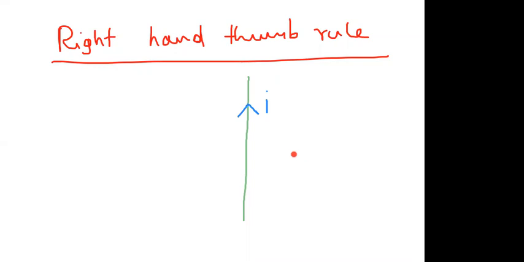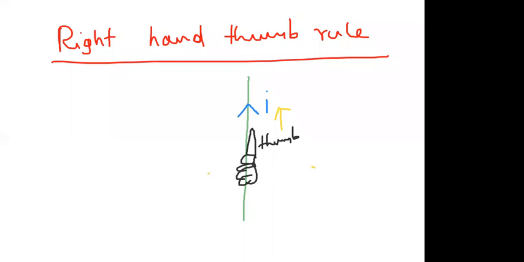Direction of magnetic field. If you hold this current wire with your right hand and you keep the thumb in the direction of current, and the remaining fingers you are closing, the fingers of your hand like this. So this is your thumb. Thumb you placed in the direction of current. Remaining fingers are curled. That means you are closing your remaining fingers and you are holding the wire like that. So the curl of fingers indicates